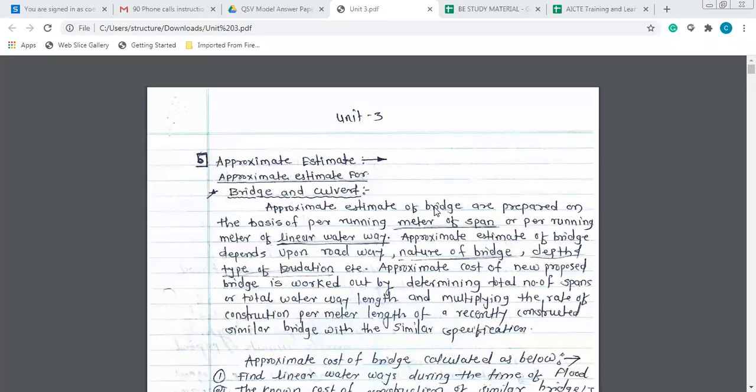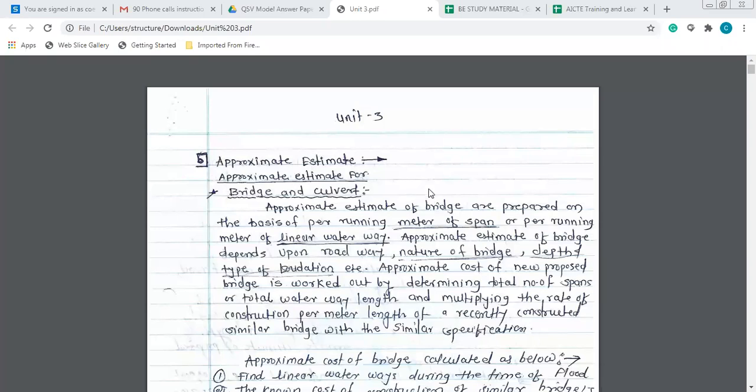You have the road project, and in that road project you have done this. I think you have done this, but still there is a revision of the problems of the road estimate. So you will come to know how to determine the quantity of earthwork in cutting as well as in embankment.